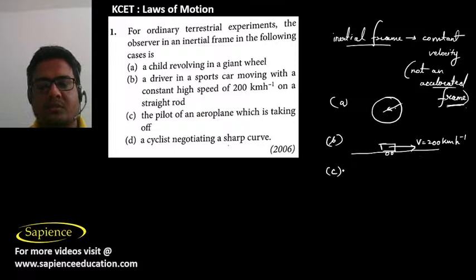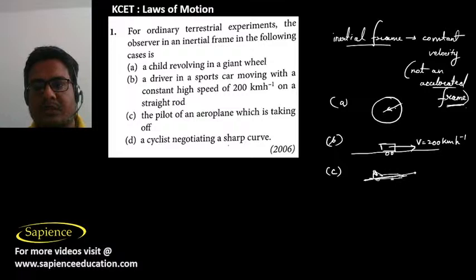And then option C is the pilot of an aeroplane which is taking off. When the aeroplane is taking off, its velocity is increasing, so it is an accelerated frame. So acceleration is not zero here. And when a driver is moving on a straight road with a constant high speed, when the speed is constant, then the acceleration is zero. So it means that in option B, the observer is in